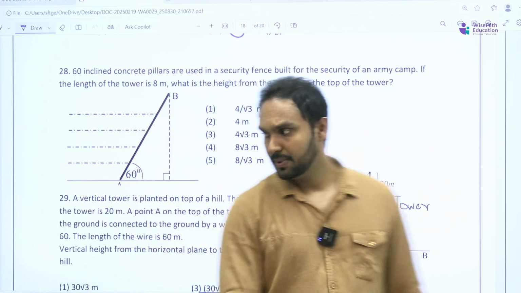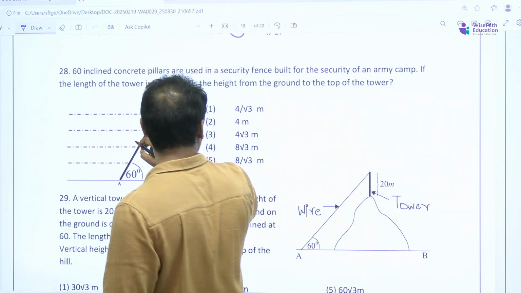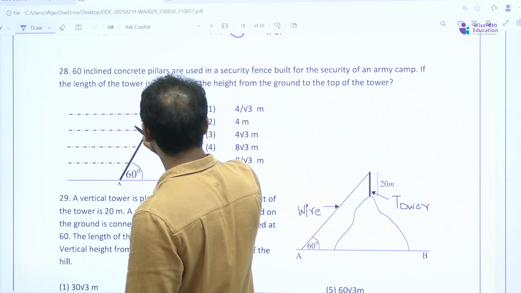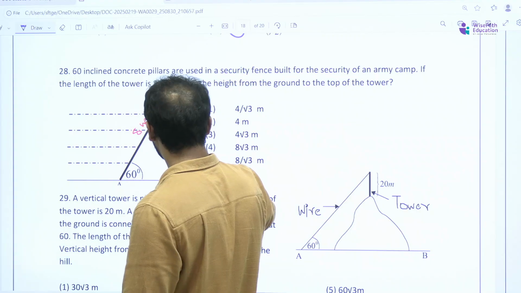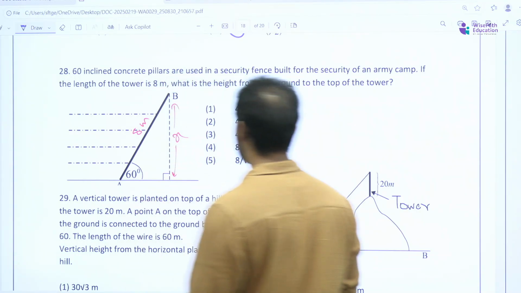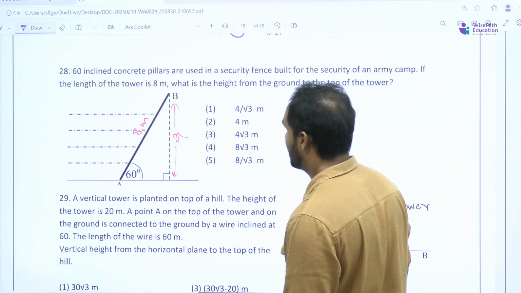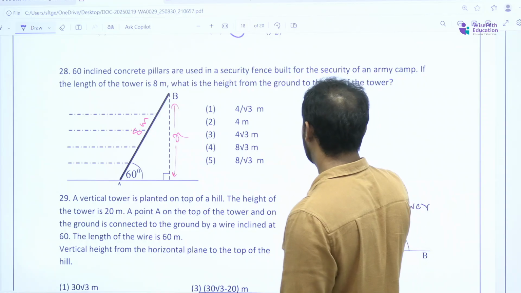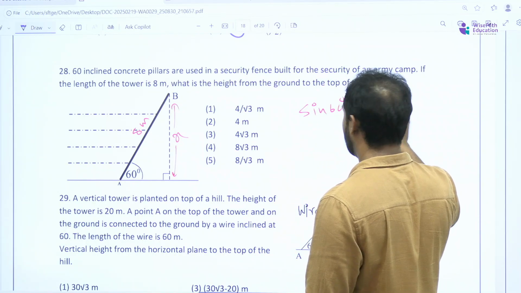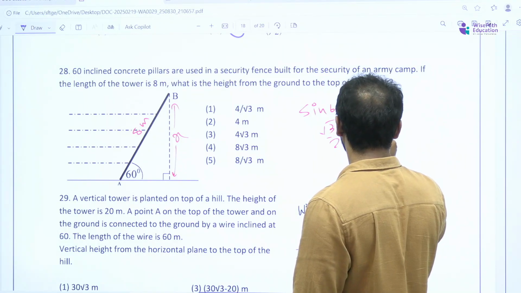Right, so as per the question, this length is 8 meters and they are asking for this height. We'll take it as x. So that should be opposite over the hypotenuse, and opposite over hypotenuse is sine. So sine 60 equals opposite over hypotenuse, that is x over 8. So sine 60 is root 3 over 2 equals x over 8,